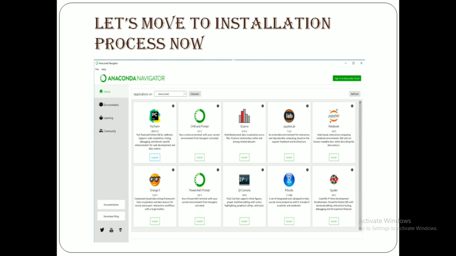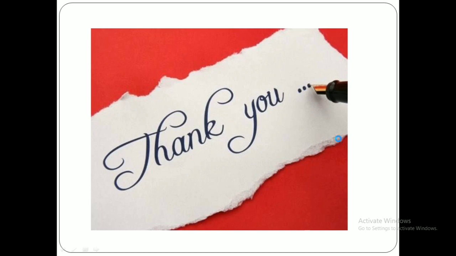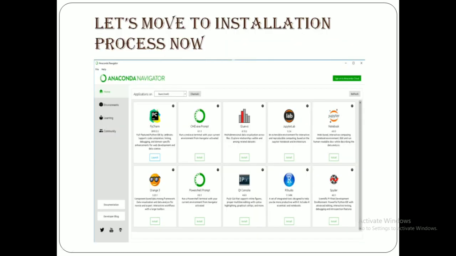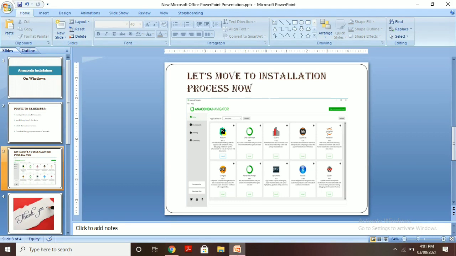This is the Navigator based UI of Anaconda. Once our downloading and installation is successful, we'll get this type of UI of Anaconda, consisting of environments like PyCharm, Jupyter Notebook, JupyterLab. These are the environments provided by Anaconda, which you can use as an IDE for coding purposes. So once the installation is done, you will get this type of UI. From this you can run the different IDEs and code in the different setups. So we'll see one by one.